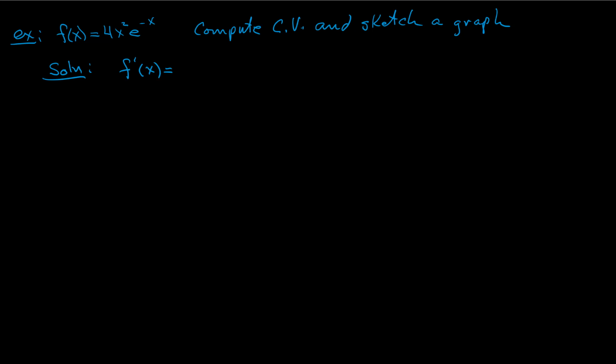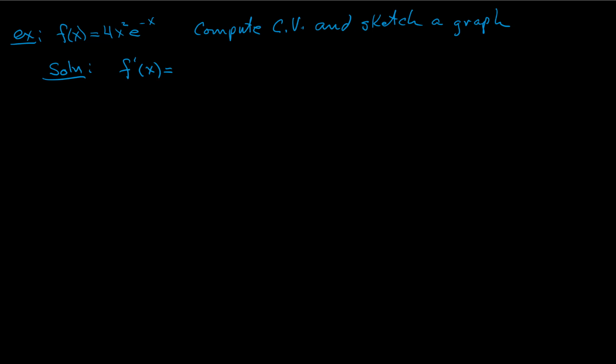This same problem could be stated as, given the function 4x squared e to the negative x, compute the maximum or compute the minimum, which is really what's going to wind up happening as you move into applications in the real world. They're not so much going to be thinking about critical values, managers or whomever. They're going to be concerned about what's the maximum, what's the minimum. And they're going to use those words, maximum or minimum or optimized or something to that effect. And what they really are saying is